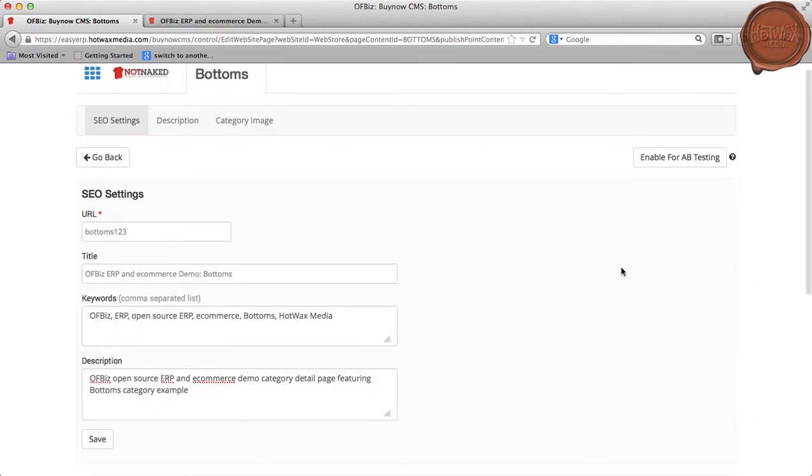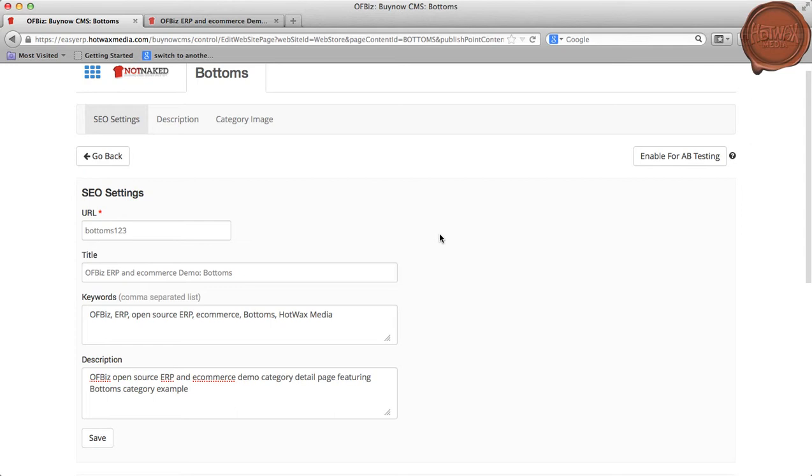The application also provides the flexibility to the content manager to enable the category page for A/B testing by clicking on this button, and can also go back to the list of the category pages present in his system by clicking on this button. So from the single page, the content manager can perform certain updates over the category which can be verified over the front store as well.